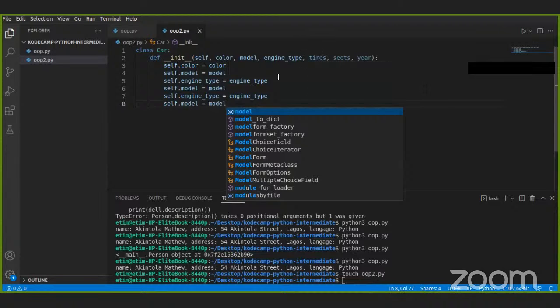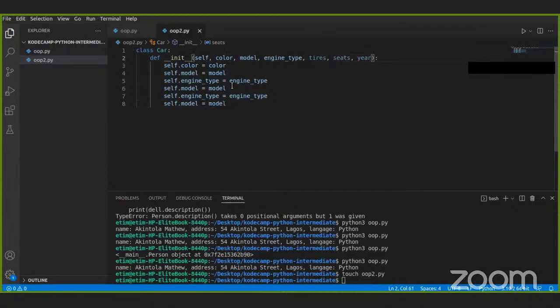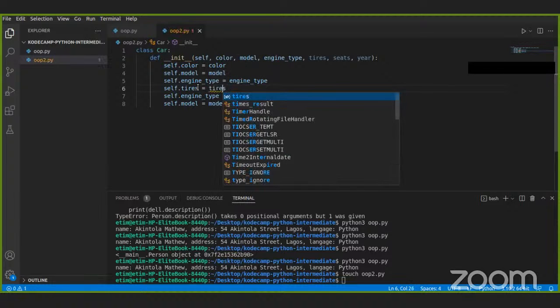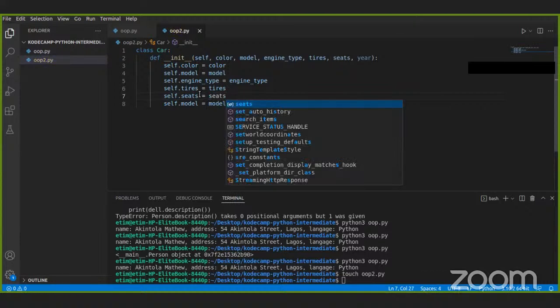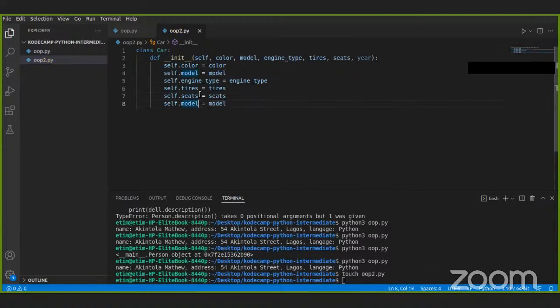First tires and seats and year. Tires is equal to tires. Then we have seats is equal to seats. And then we have year is equal to year. So after the init, we can optionally define a string method, which will just return these